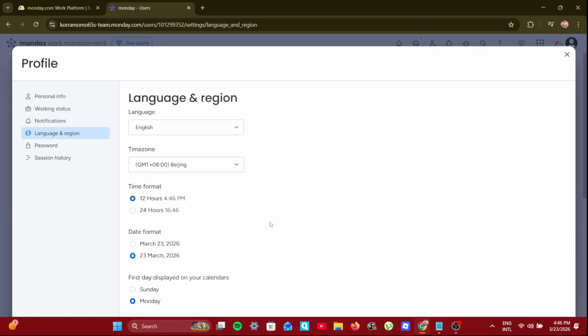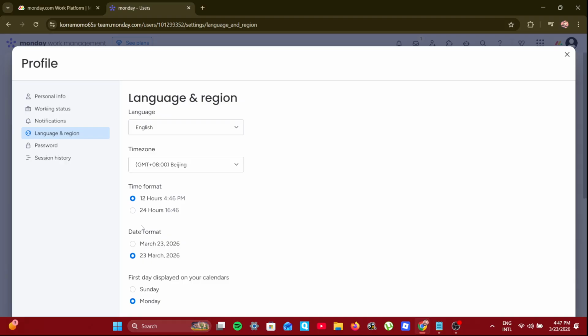One helpful thing to keep in mind is that changing the setting affects how dates are displayed for your account. So if you work with an international team, other users may still see dates based on their own settings. That can be useful if everyone prefers a different regional format, but it's also a good reason to double-check important deadlines when collaborating. If you're ever unsure whether the new format has been applied correctly, open a board with a